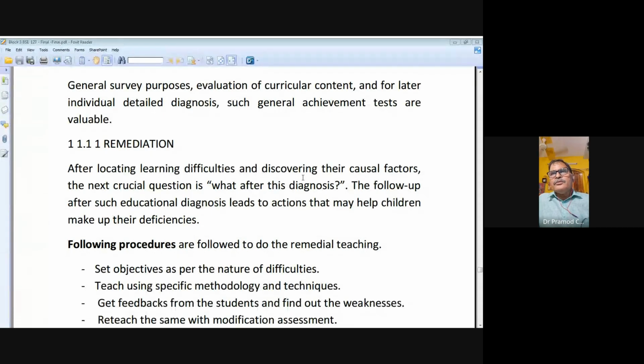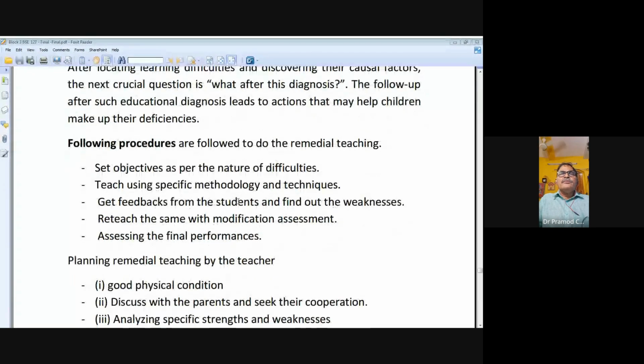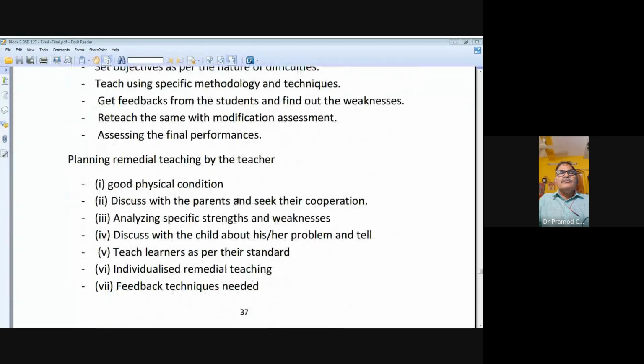Whatever diagnosis we will have to do, if there will be no follow-up action, then automatically it will be fruitless. Deficiencies will be there. We are helping a child, we are helping a learner to improve in the academic sphere. But if our help will stop in a particular stage, if it will not continue, if there will be no follow-up situations, then automatically the child will not grow as we have expected. So I can say to you that